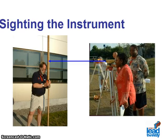One of the drawbacks to an auto level and many of the other optical measuring instruments is that they require a two-person operation. One person to read the gun and the other to hold the leveling rod straight up and down in a vertical position using a rod level. The person operating the auto level looks through the telescope and focuses the eyepiece so that the numbers on the